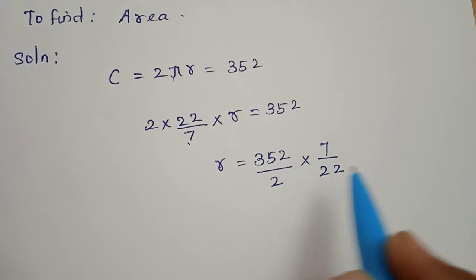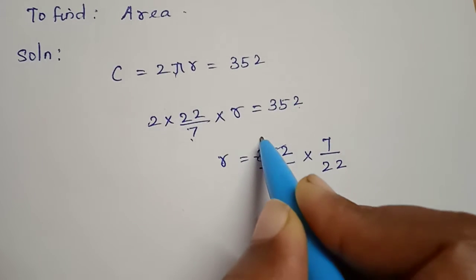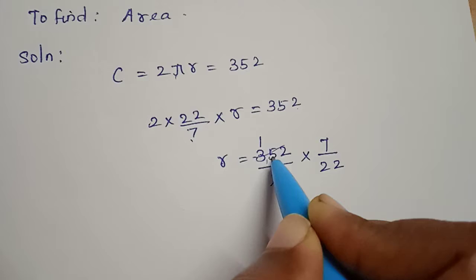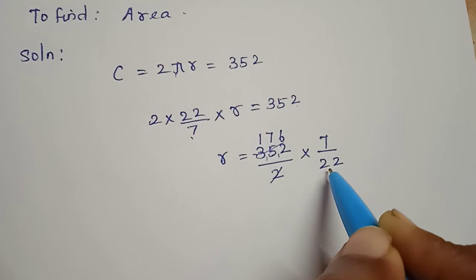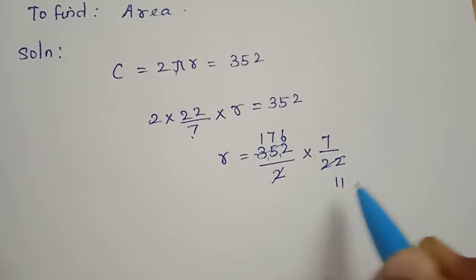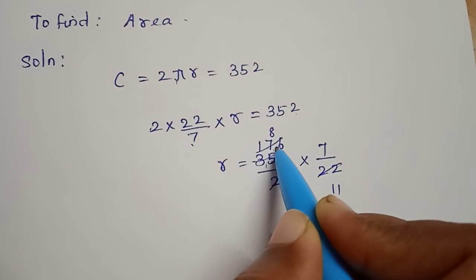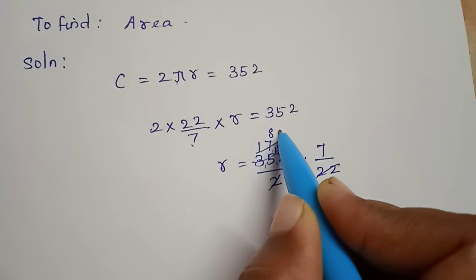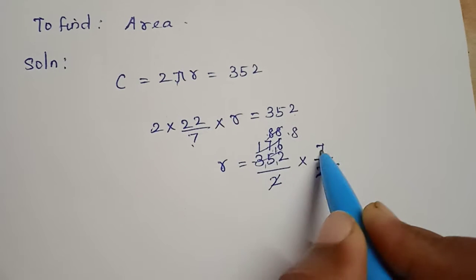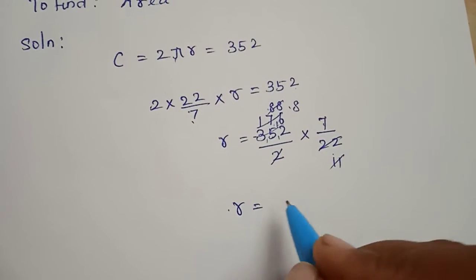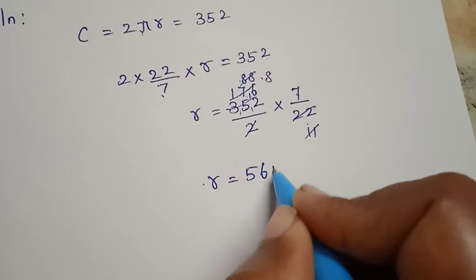So if you cancel it, then we'll get the answer. Now both are divisible by 2. We can cancel it one time. And here in 3 one time, remaining 1. It is 15, 7 times, remaining 1, it is 6 times. Now these two are divisible by 2 table. So here we'll get 11 and here in 17, 8 times of 2, remaining 1, 16. So again 8 times, 8, 8, 11, both are divisible by 11 table, 1 time and 8 times, 8 sevens are 56. Therefore the value of r is equal to 56. It is given in meter, so we'll write 56 meter.